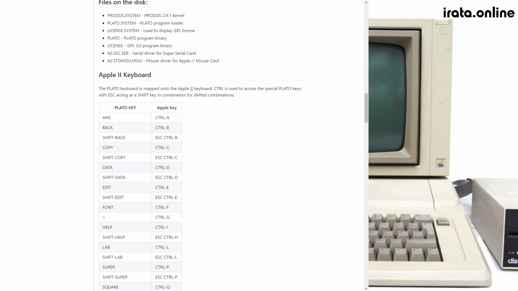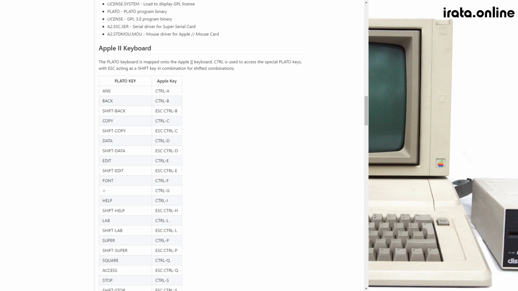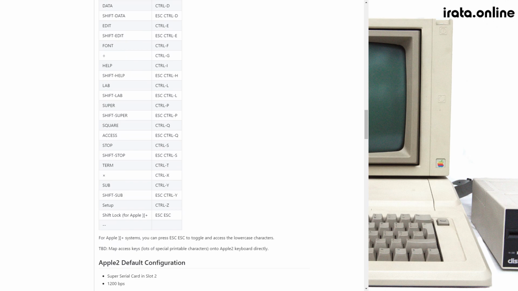For most of these keys, they can be accessed using the control key, and the keys are mapped mnemonically, as you can see here. ANS maps to control A, back to control B, etc. Special keys like shift, shift back and whatnot, actually require you to press escape first, followed by control and the keys that you want to press. There is support for